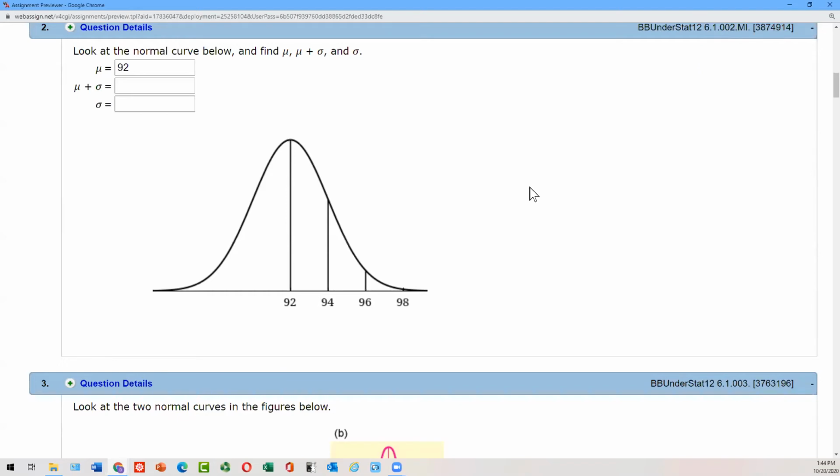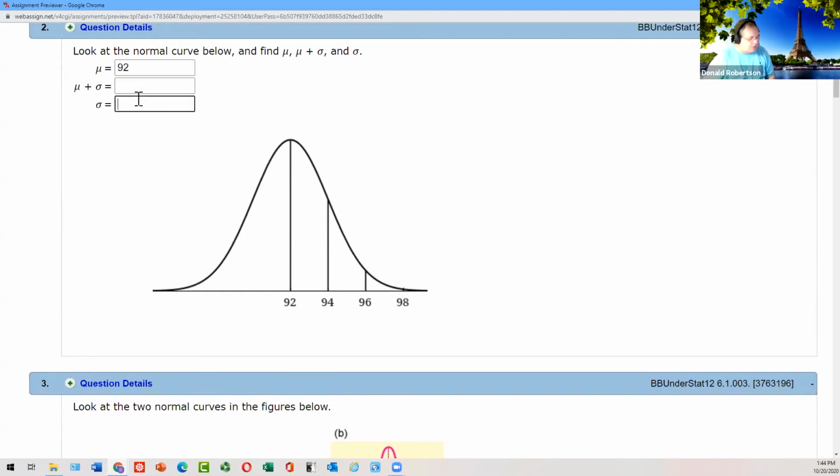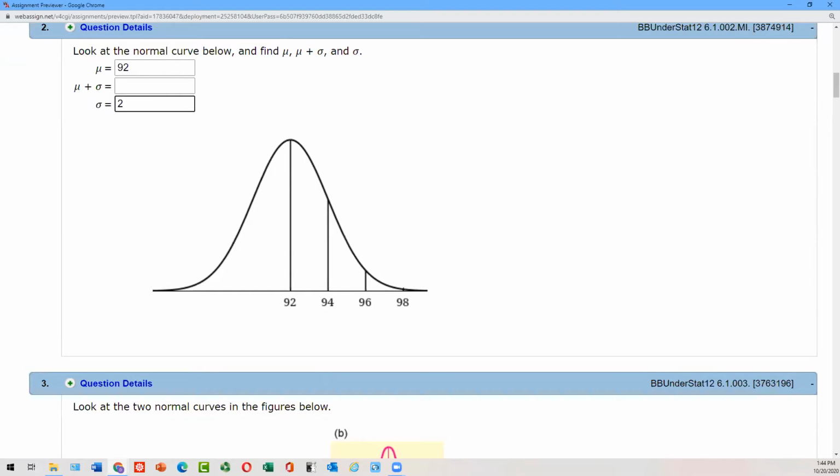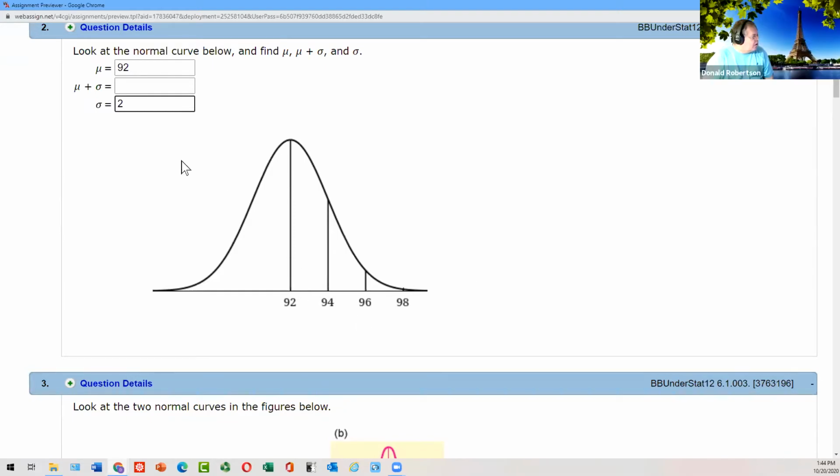2. Agreed. For anybody who didn't get that, you want to tell them how you figured it out? You just subtract the first standard deviation from the mean. Yes. Now, there's a guy in the middle, sigma plus mu, right? Sorry, mu plus sigma, right? Mu plus sigma. Who's he talking about? What's the number? 94. Correct.